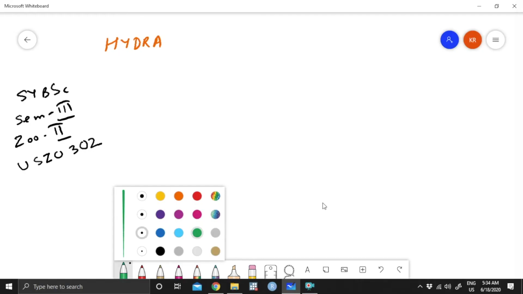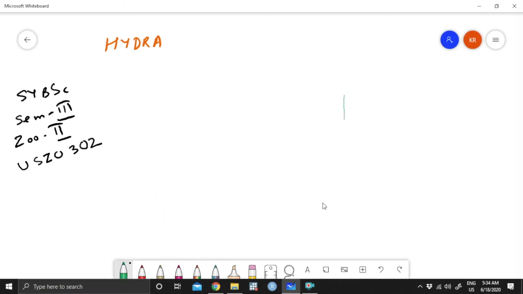So I'm trying to take a green color for Hydra, and first we will try to see how it looks like. So Hydra will have a cylindrical body somewhat like this. At this end there is a kind of a conical projection. So we'll show this with dotted lines. At the top of this conical projection is the mouth.